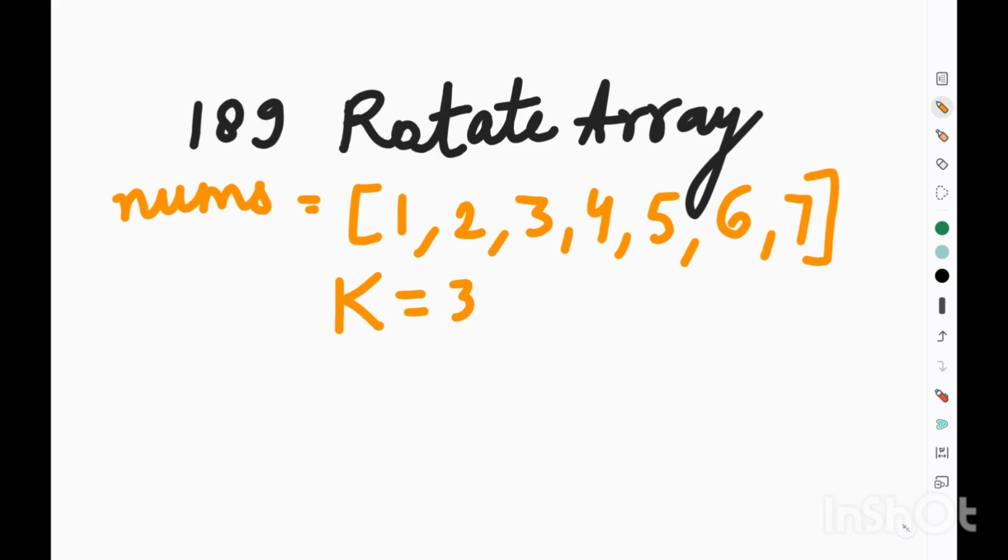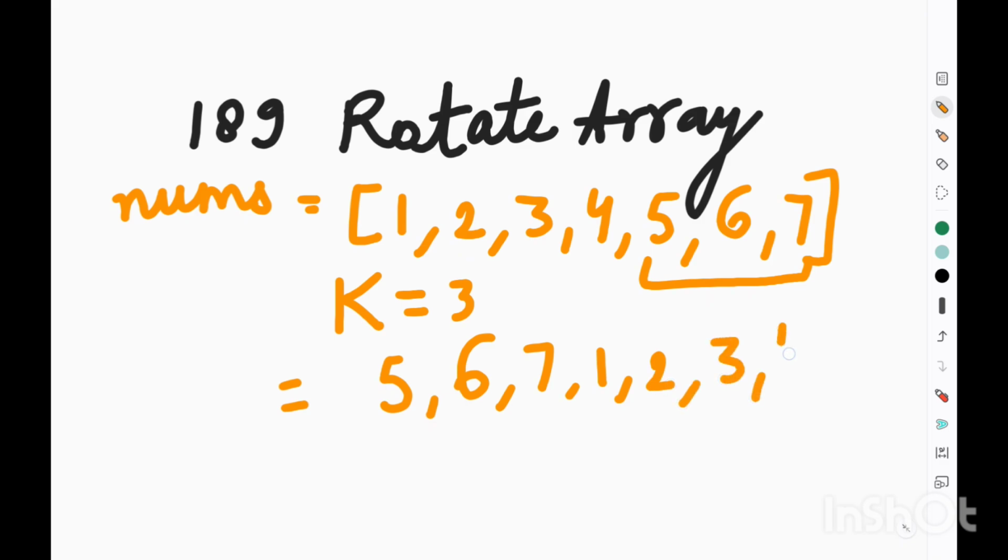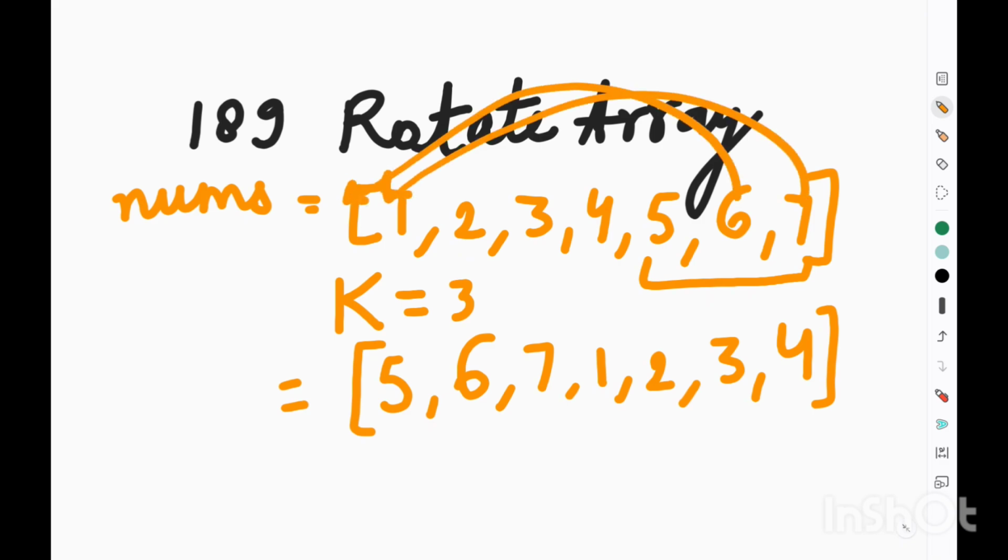So we have to rotate the last k digits, that is 3 digits, and move them to the front: 5, 6, 7, 1, 2, 3, 4. In the first step, we bring 7 forward, then 6 forward, and then 5 forward, and we will get this desired array as the output. So we will be doing it